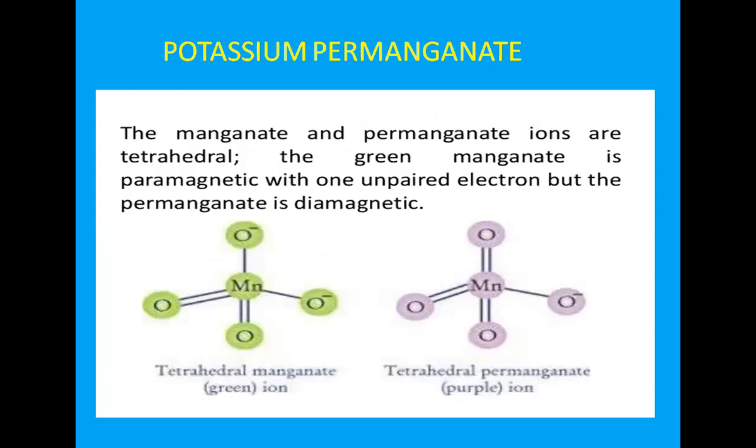In these two, whether it is dichromate or potassium permanganate, all electrons participate in covalency, but still they are colored, and it is due to charge transfer. So coloration is observed, as already we discussed. It may be due to d-d transition. The color property is not only due to d-d transition, it may also be due to charge transfer.